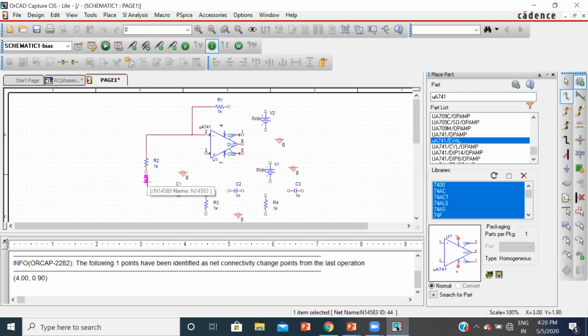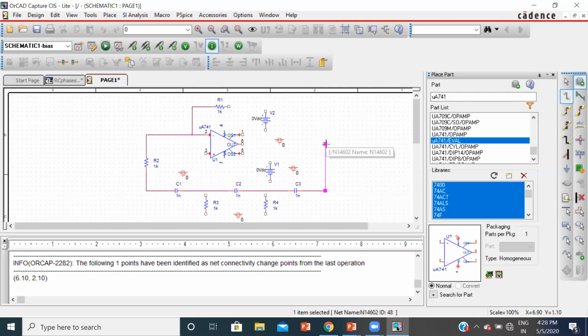Place wire. Next, this is connected to the capacitor, and this capacitor is connected to the next capacitor. This capacitor is connected to the next one, and this capacitor is connected to the sixth pin. So let us connect over here.